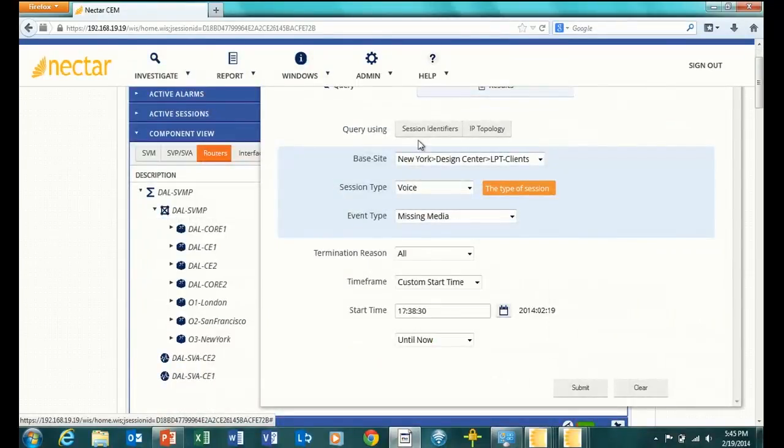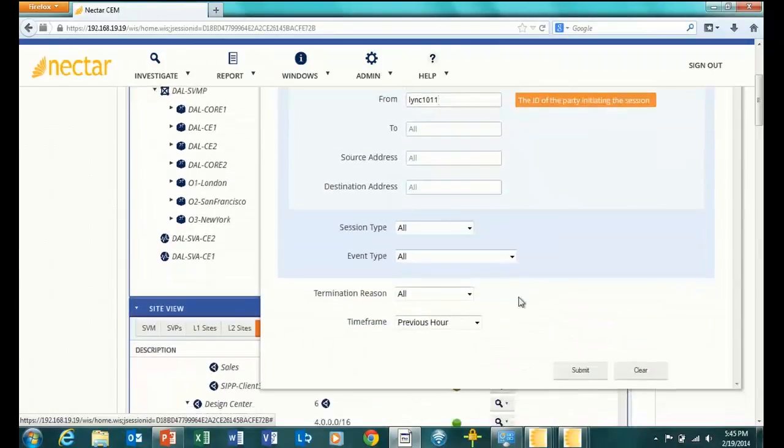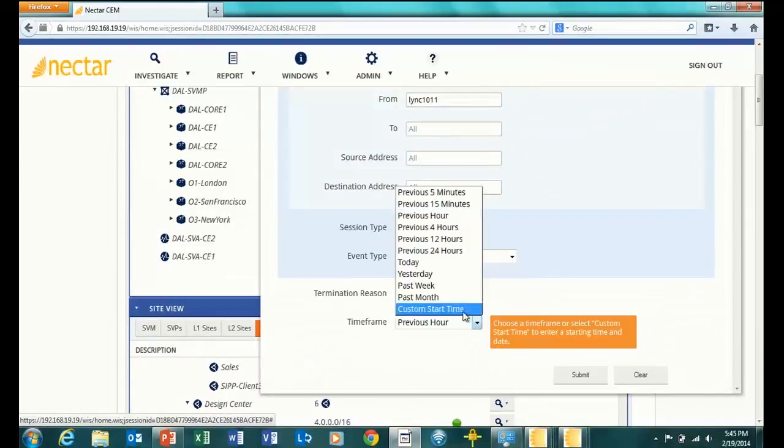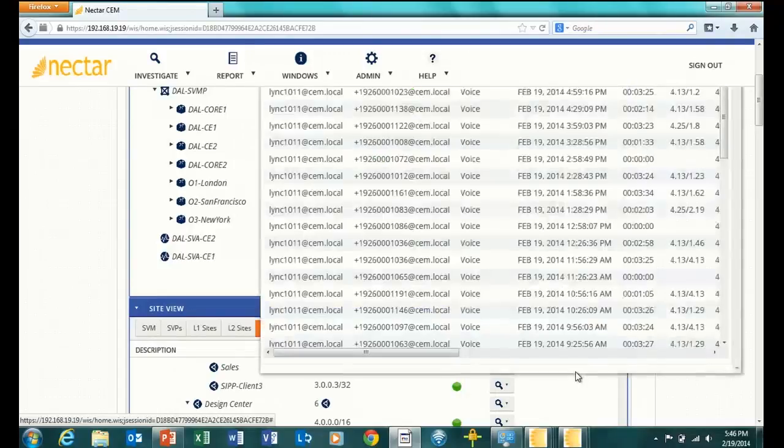So let me just do a particular user who's just called in. I'm going to clear this, and we know his SIP URI. There he is, right there. Let's go the past, yesterday. Let's see, past 4 hours. Let's go the last 24 hours. He knows it happened sometime in the last day, and what comes back is, for that particular user, we know